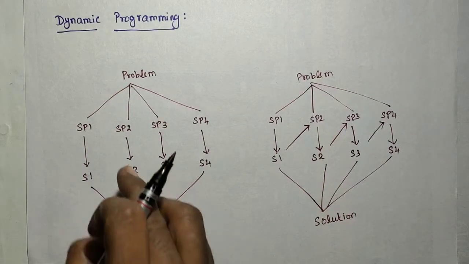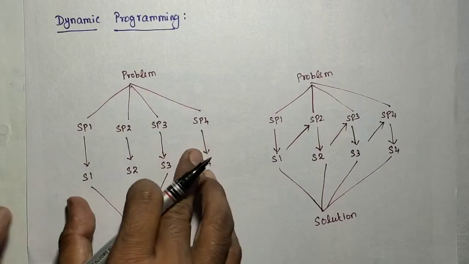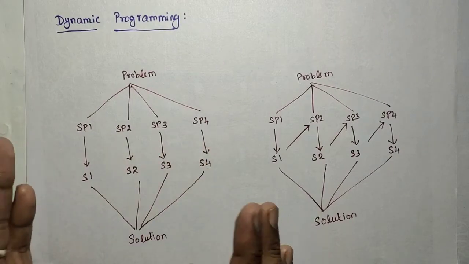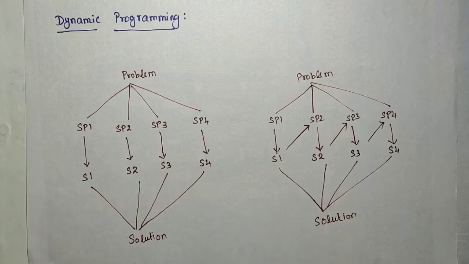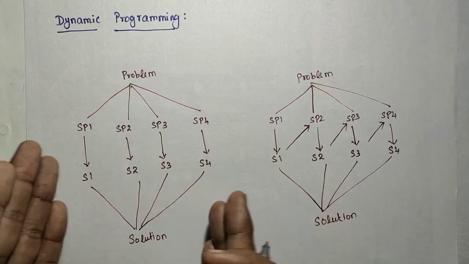Okay, so here only is the difference. This is the divide and conquer, and this is dynamic programming. You can understand this with one example. We'll discuss one example that we will solve by divide and conquer, then how we can convert that into dynamic programming, and by converting, what is the advantage we are getting when doing the same problem using dynamic programming.